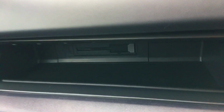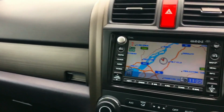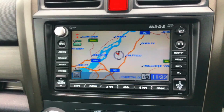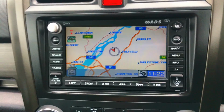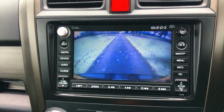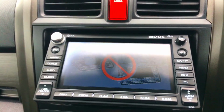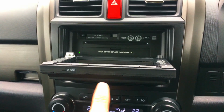In these new ones, you get a little USB lead in there, so you can plug your phone in, it charges the phone and obviously plays out any music you might have stored. Sat-nav system, all fully functional, dead easy to use as well, and obviously pop that into reverse and you get a lovely clear parking camera to complement the parking sensors on the car. Access to the CD is dead easy, just press a button there and out that pops,